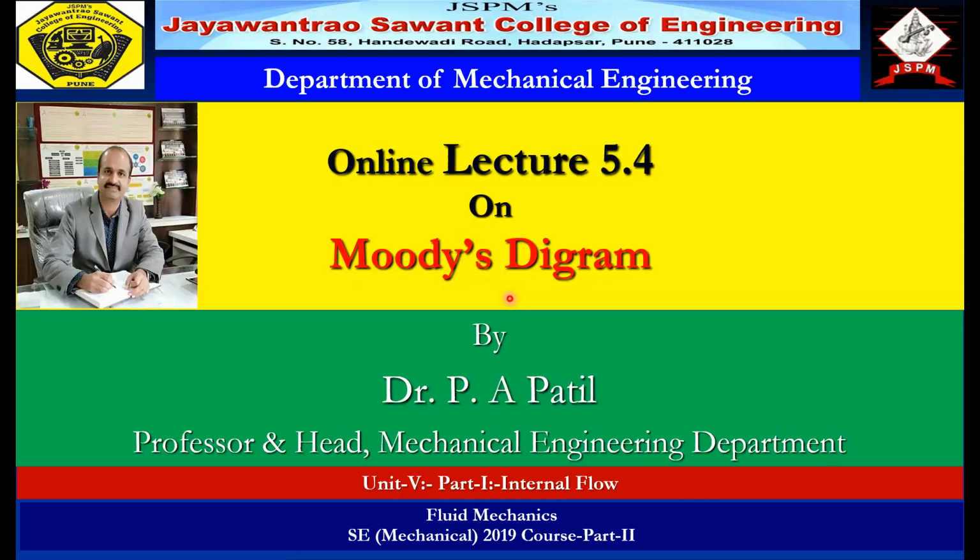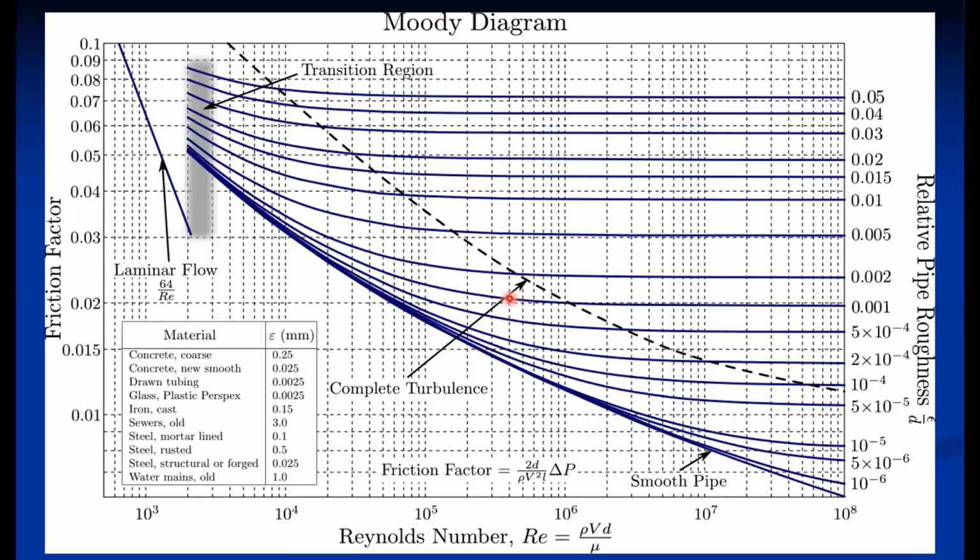As far as turbulent flow is concerned, we use the Darcy-Weisbach equation, that is HF is equal to FL V square by twice GD, where F is the friction factor, or it is also called the Darcy-Weisbach coefficient. So to get the value of this friction factor, Moody's team developed the diagram, which we can call a chart. This chart they developed using available data of the piping.